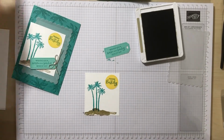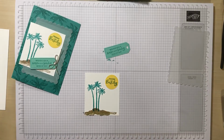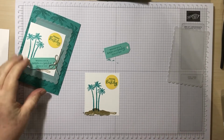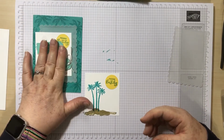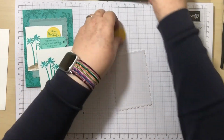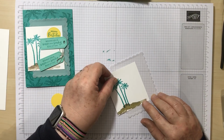So, quick tip about the tag. You're all panicking because it's a bow, and I was saying bows is just practice. It's just keep doing them till you get the hang of them. So I'm actually going to build the card and then add the tag and the bow last. Okay, so we're going to start with the